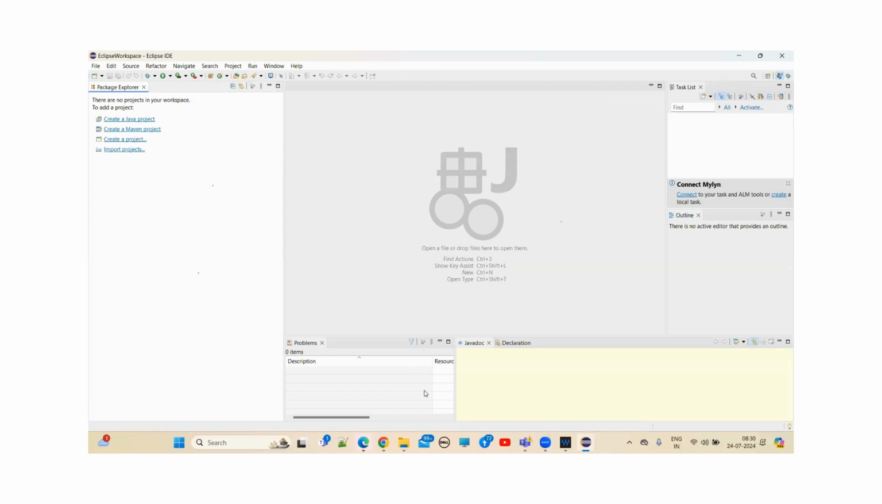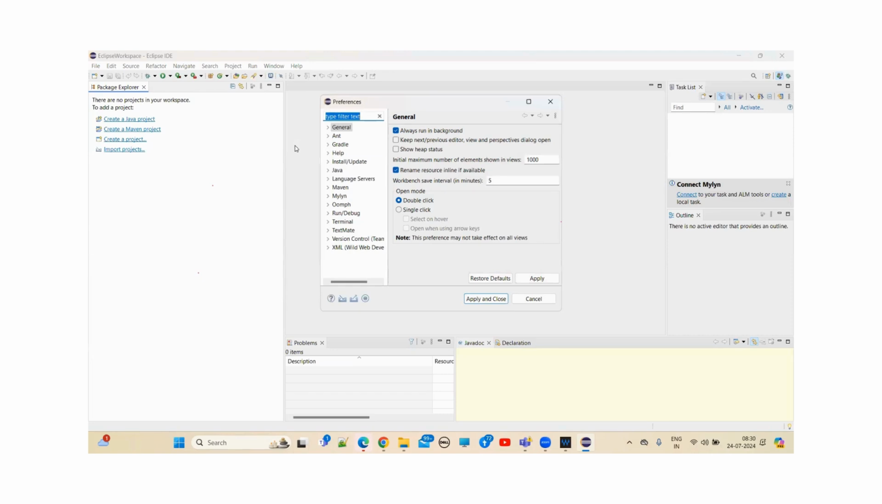See here, I'm not seeing any console. I want to see the console. See in the bottom, can I see any console here? No, I'm not seeing it, right? I just want to see the console. So there is a Window option here. If you click on Window, there is Preferences, right? If you click on Preferences, here if you see,